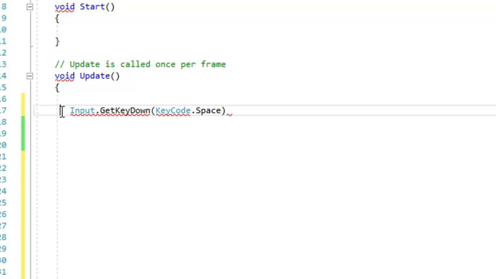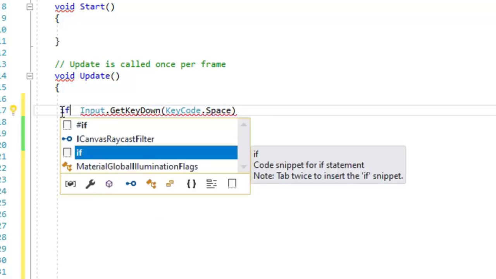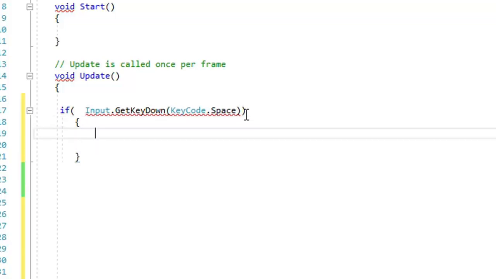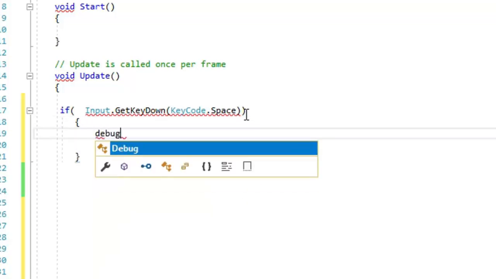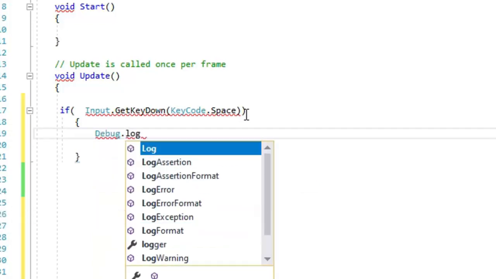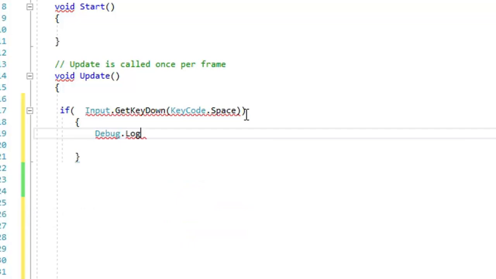As I have already told you, these functions always return a boolean type of value, so we will just check if input dot get key down is true. Then we will print debug.log space is pressed.